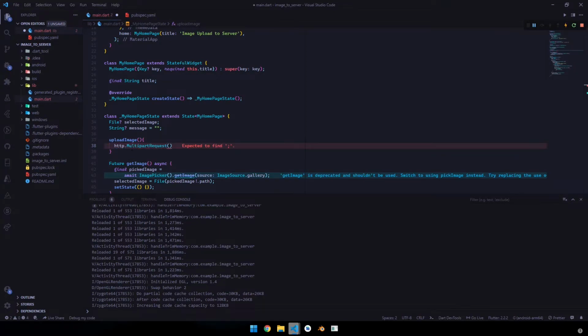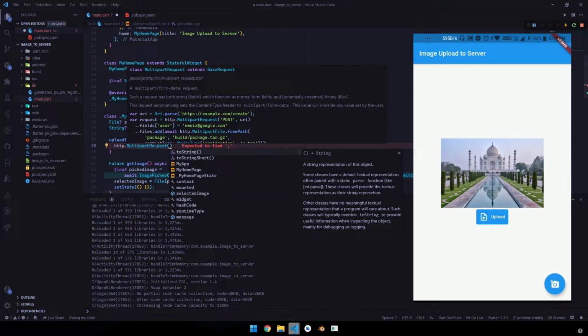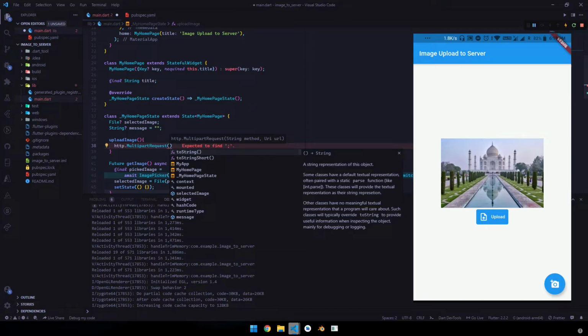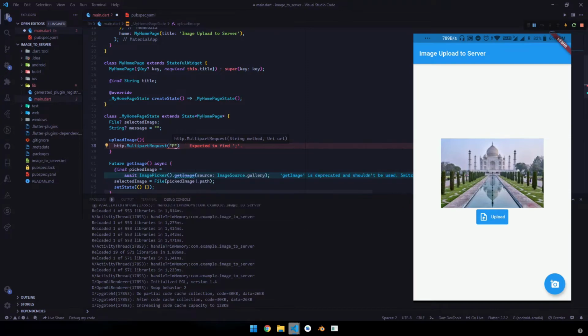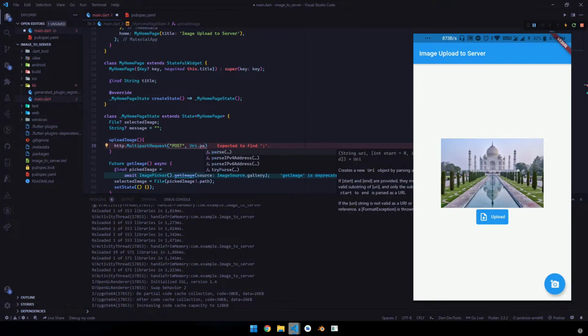Next, we need to write the method we are going to use, that is get, post, update, anything else. We will be using the post request.